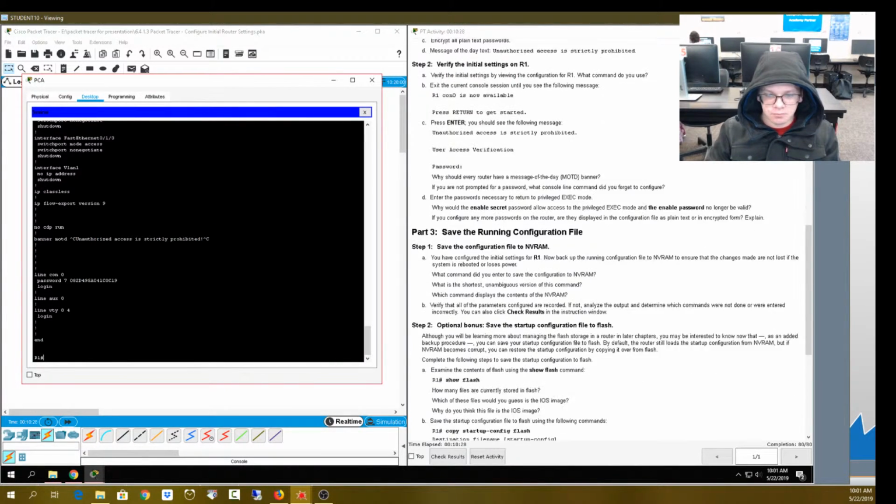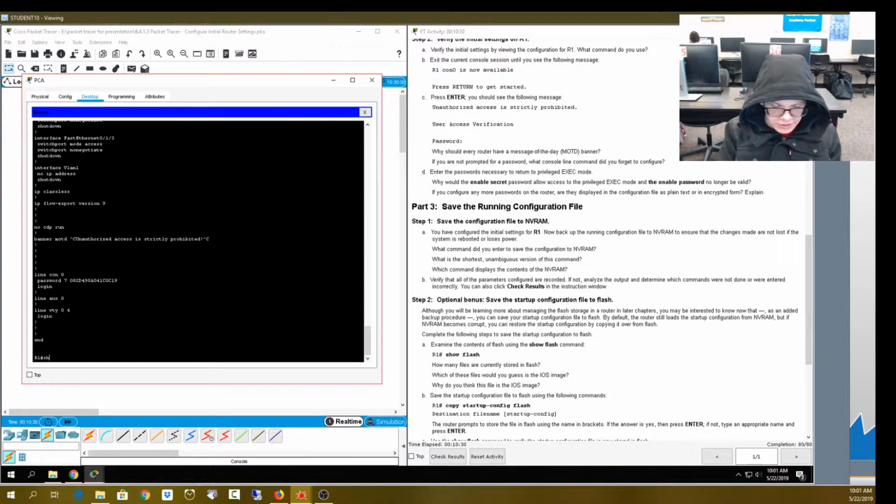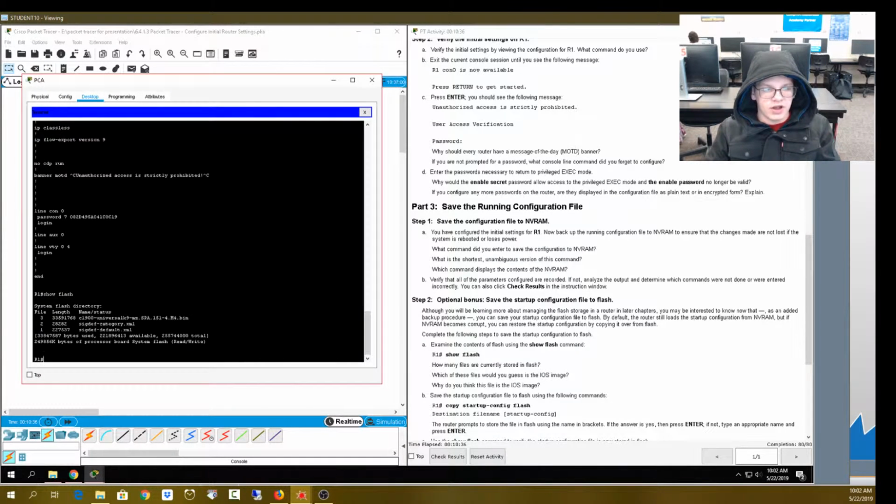Okay. Now it wants us to show the flash. Okay. Where's the flash? Show flash. In order to do that, you just do the show flash. Okay. So how many files are saved in the flash? Let's see. We have three files. We have our